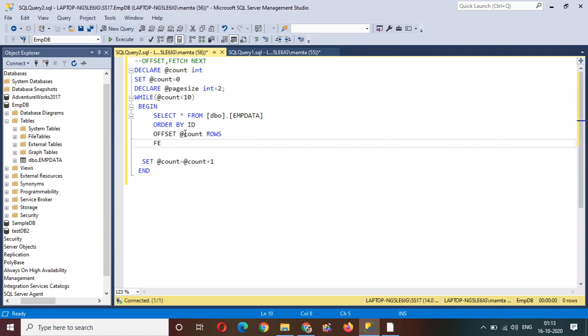I wanted to fetch next page size rows only. So this is the syntax by which you will be able to do it. Okay, one more thing you need to understand: as the page size is 2, you need to increment by 2. You do not need to increment by 1, otherwise the code will